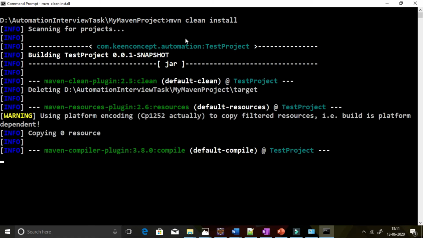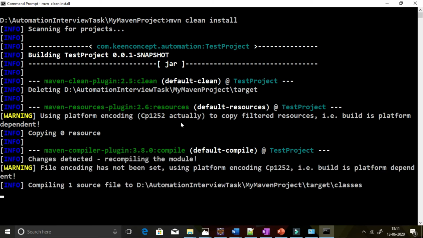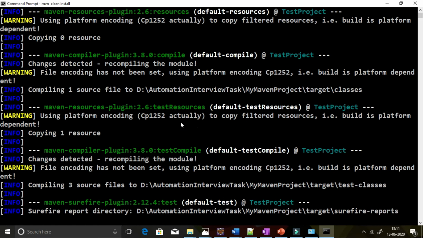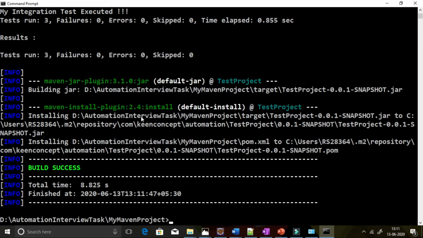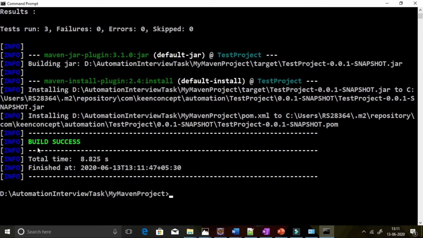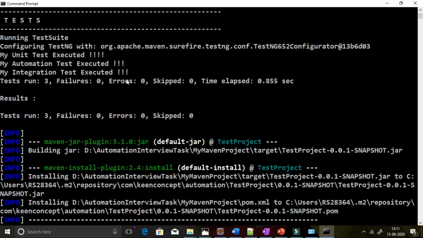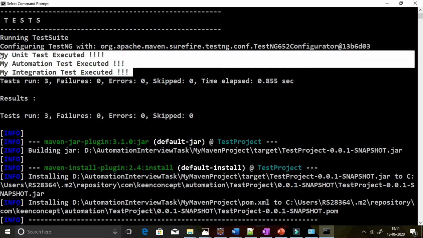So you can see our project started building. So now you can see our build got success, and you can see all the three test cases got executed by default.